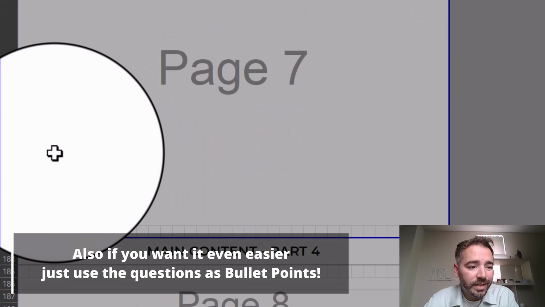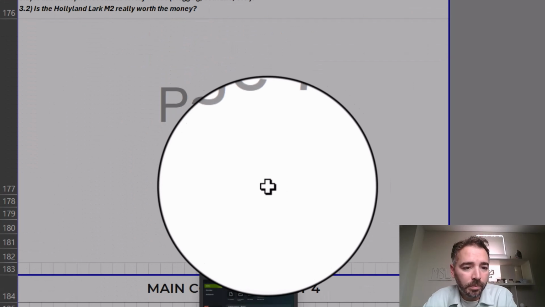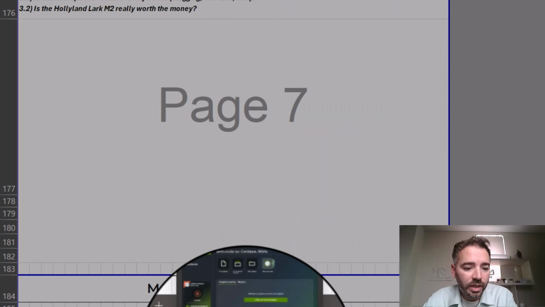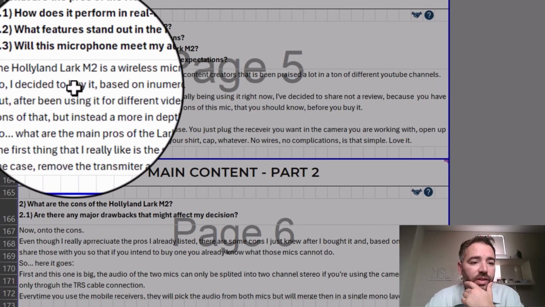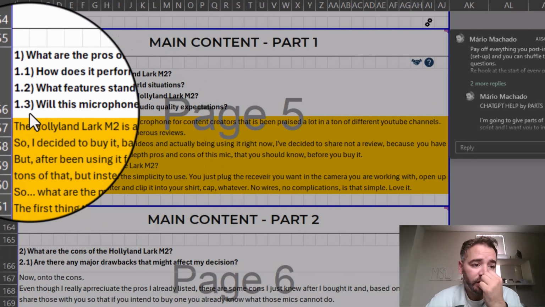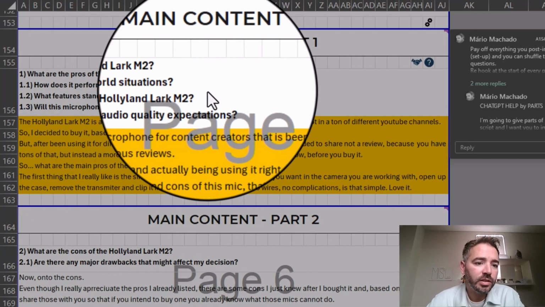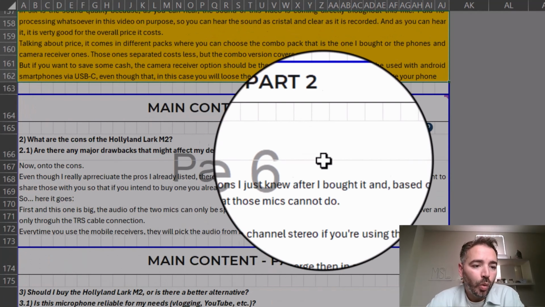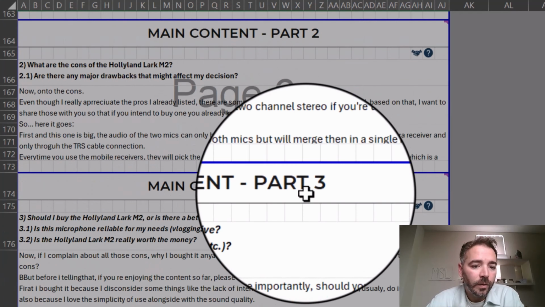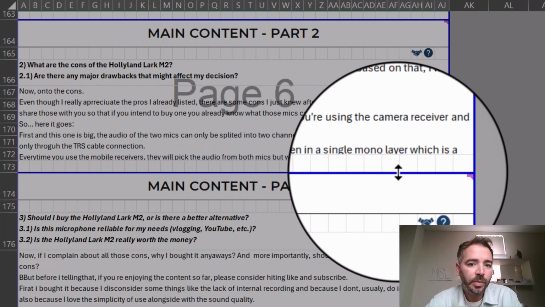I'm going to write a quick script for this and be pausing the video so I can come back to show you what I've done. As you can see, I already filled in my main content for each part. Basically what I tried to do is to write my main script that tries to answer all those questions, and what I will do right now is try to build up my main idea, try to write it, and again